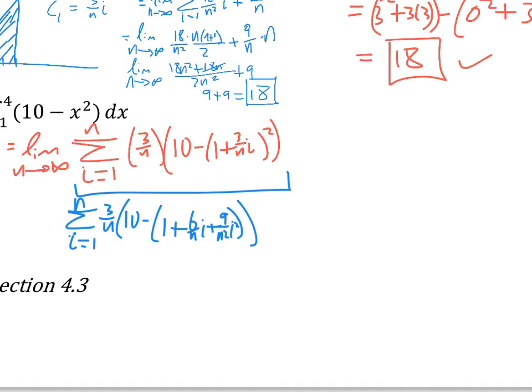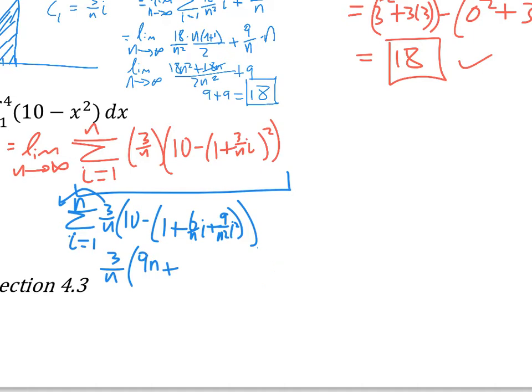So this 3 over n is a constant. We'll just think of that coming out here. And so we have 3 over n times, and this is going to be 10 minus 1, which is 9. And so we're going to have 9n plus, we have,